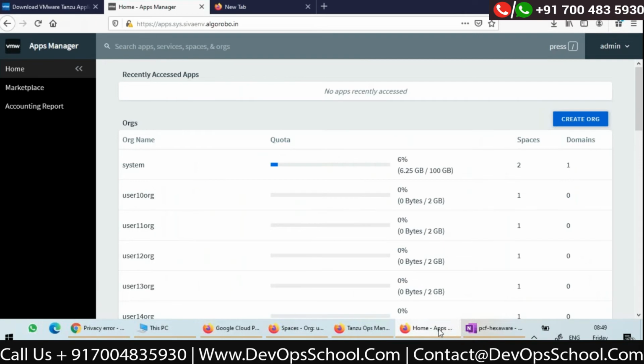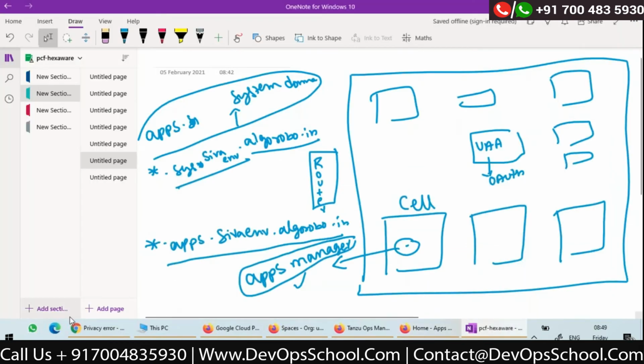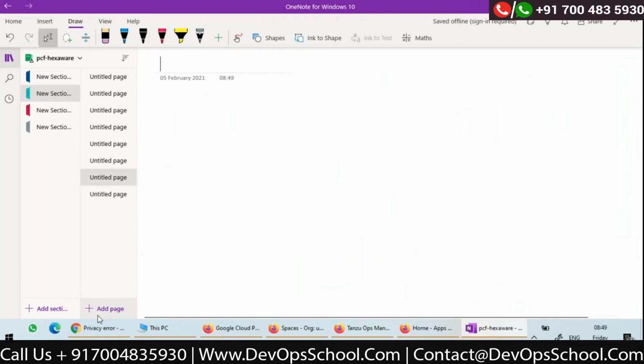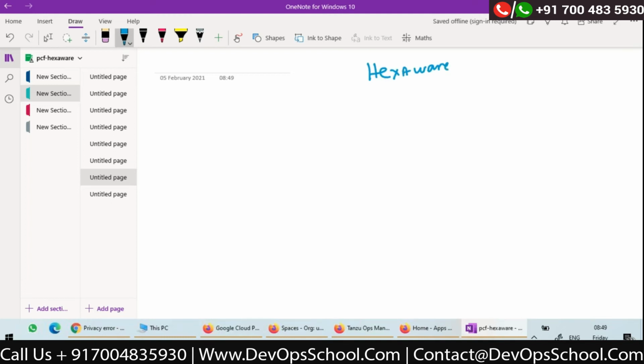Now let us try to understand a few more things before I go into development. Now the installation is done. Let's assume that in your organization, in your Hexaware organization, there are a lot of projects who want to deploy their applications on Cloud Foundry.